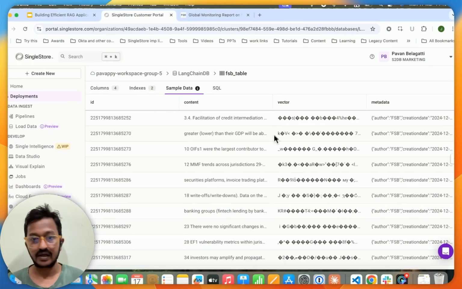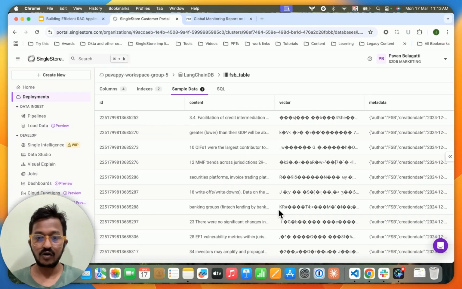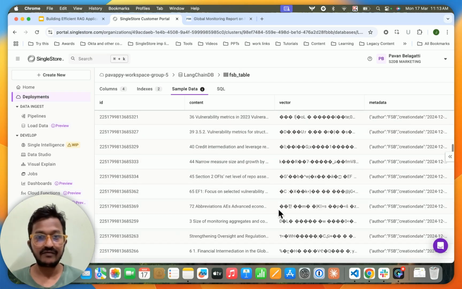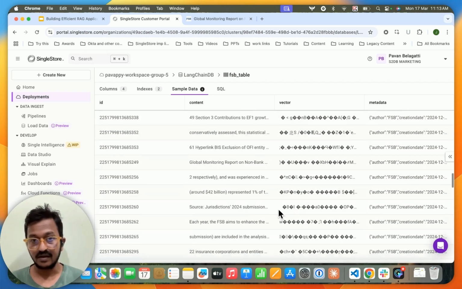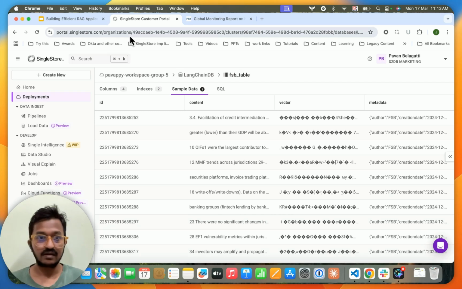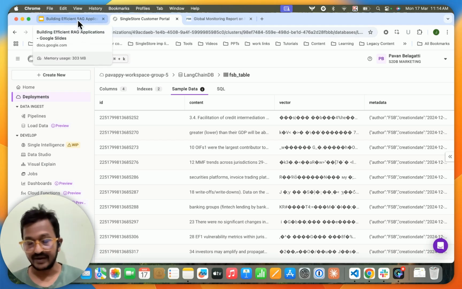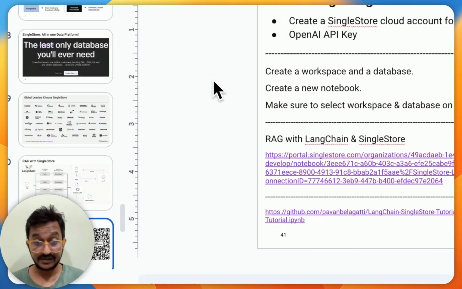So the whole document that we loaded is stored in the form of vector data. Since we used LangChain, we chunked it and stored it as vector data. We converted the whole chunk into vector embeddings using OpenAI. So that's about RAG using LangChain and SingleStore.